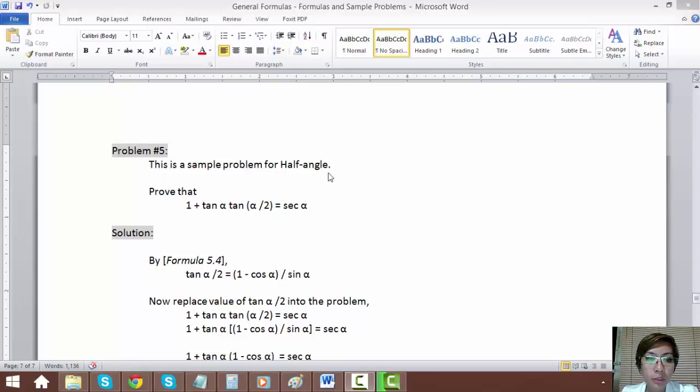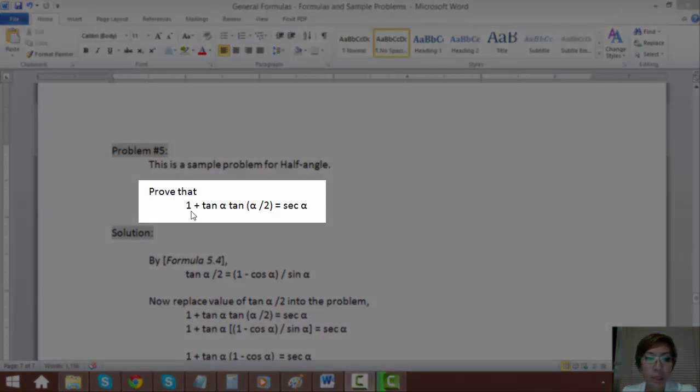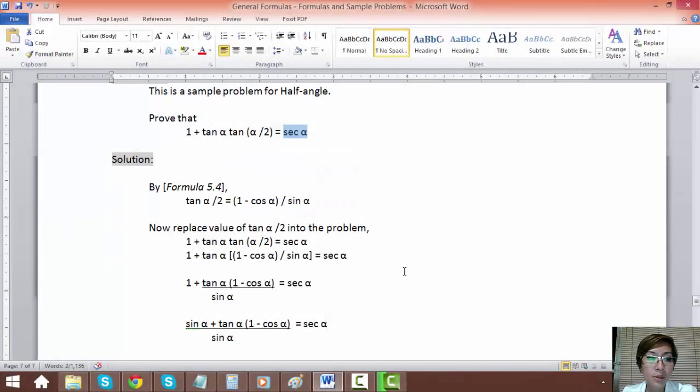This is a sample problem for half angle, where we are going to prove that 1 plus tangent alpha times tangent 1/2 of alpha is equal to secant alpha. So the solution starts from, by the formula 5.4, we are given with tangent alpha over 2, or tangent of